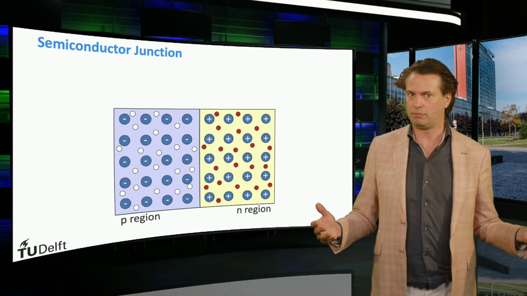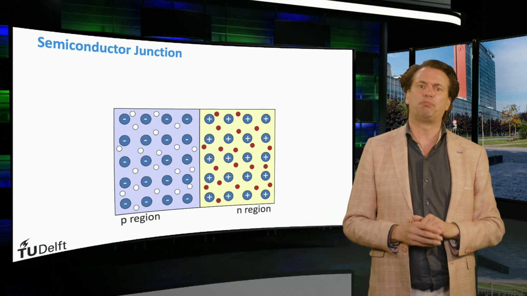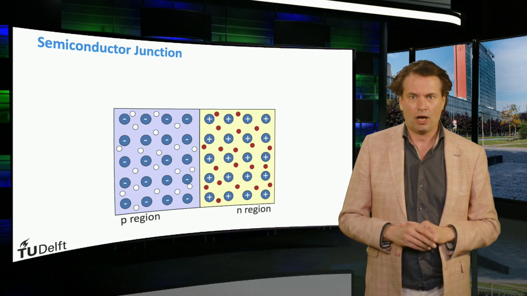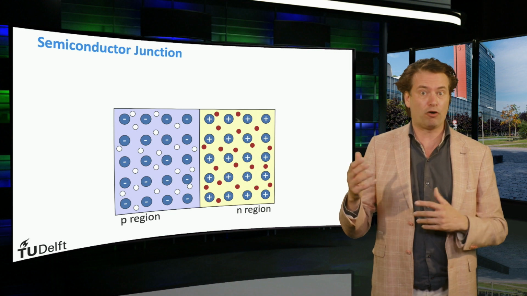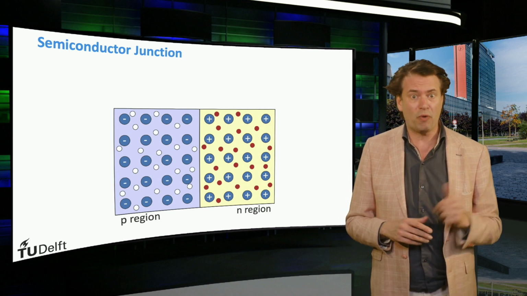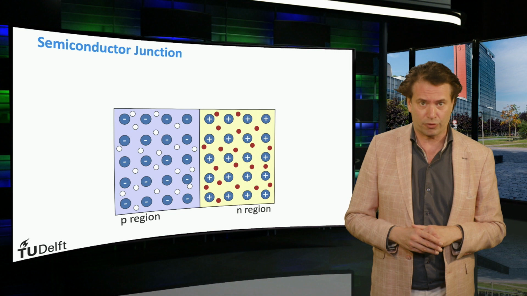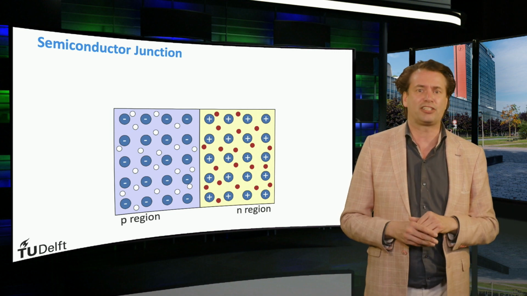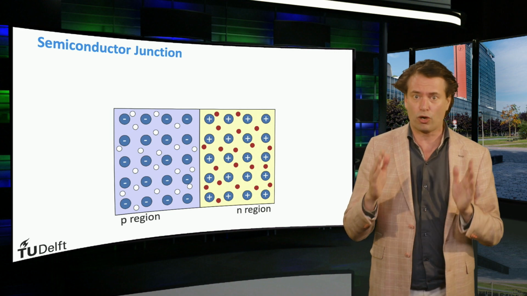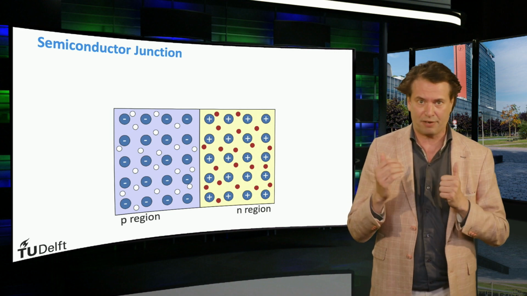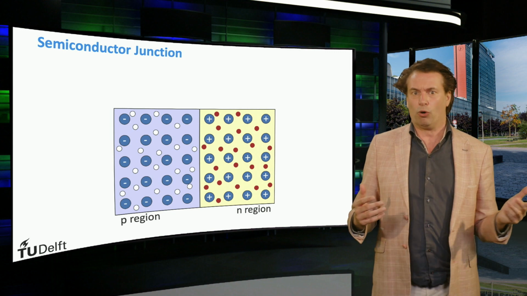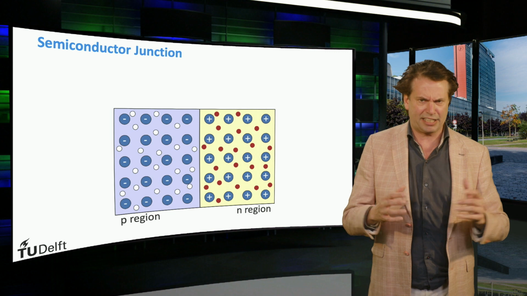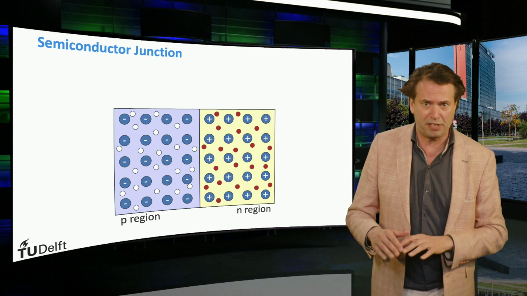What will happen? How will the charge carriers be distributed over the P region and the N region? On the left, we have a majority of holes, and on the right, we have a majority of electrons. As we obviously can see, the PN junction has an enormous density gradient close to the interface between the P and the N region. The hole density is much lower in the N region than in the P region, whereas the electron density is much lower in the P region than in the N region.